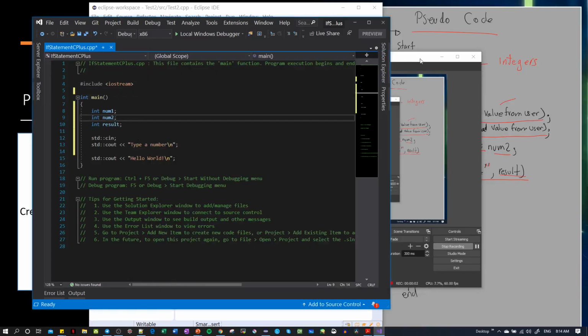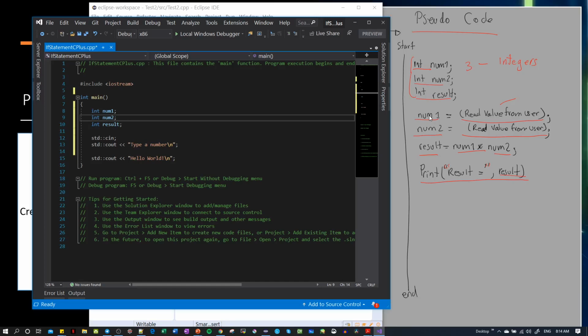So now we have here this pseudocode. Let's continue with this. We have created the variables, and I told you we're going to use cin. This standard cin will give us the input from the user, and we need to save it. You can see here this means assigning to the left: whatever we're going to print to the console, and here what we read from the console we will give to the right, to num1,